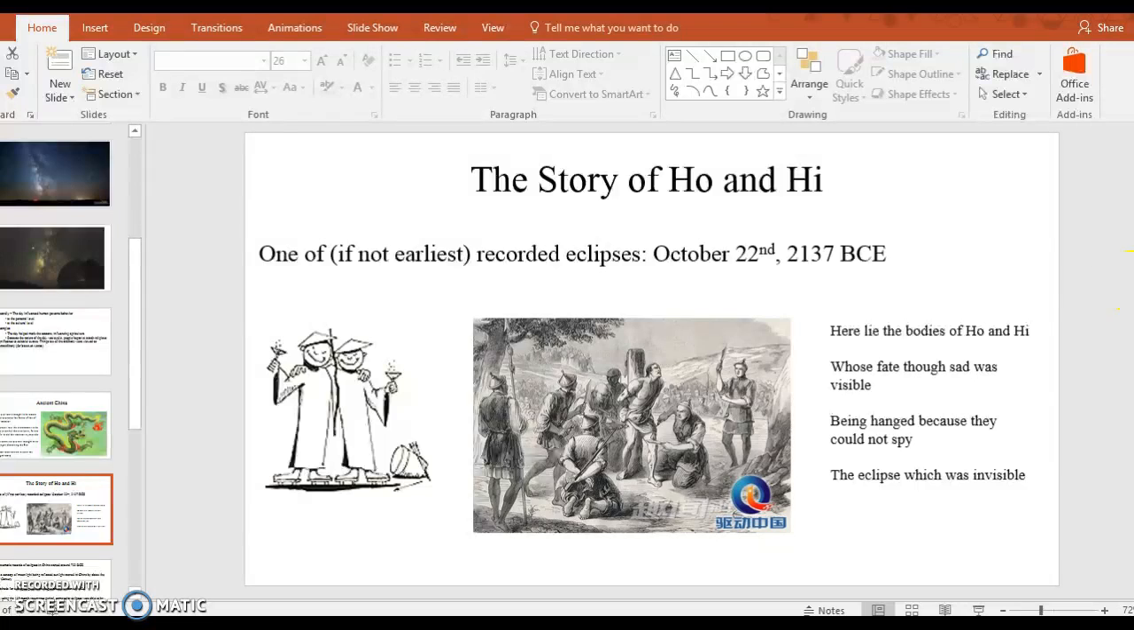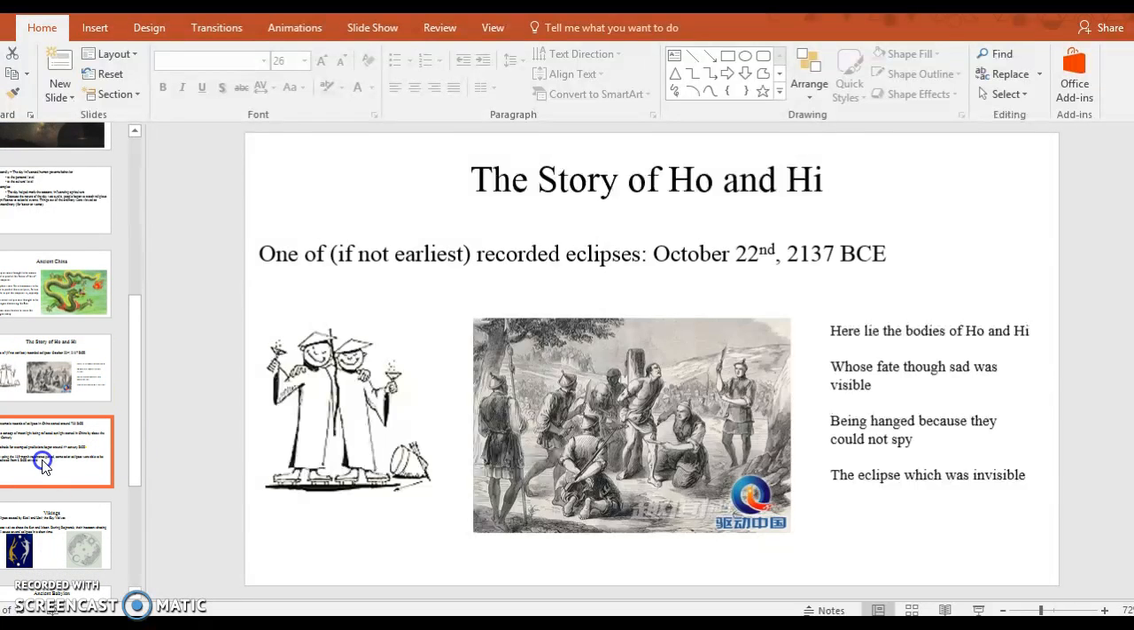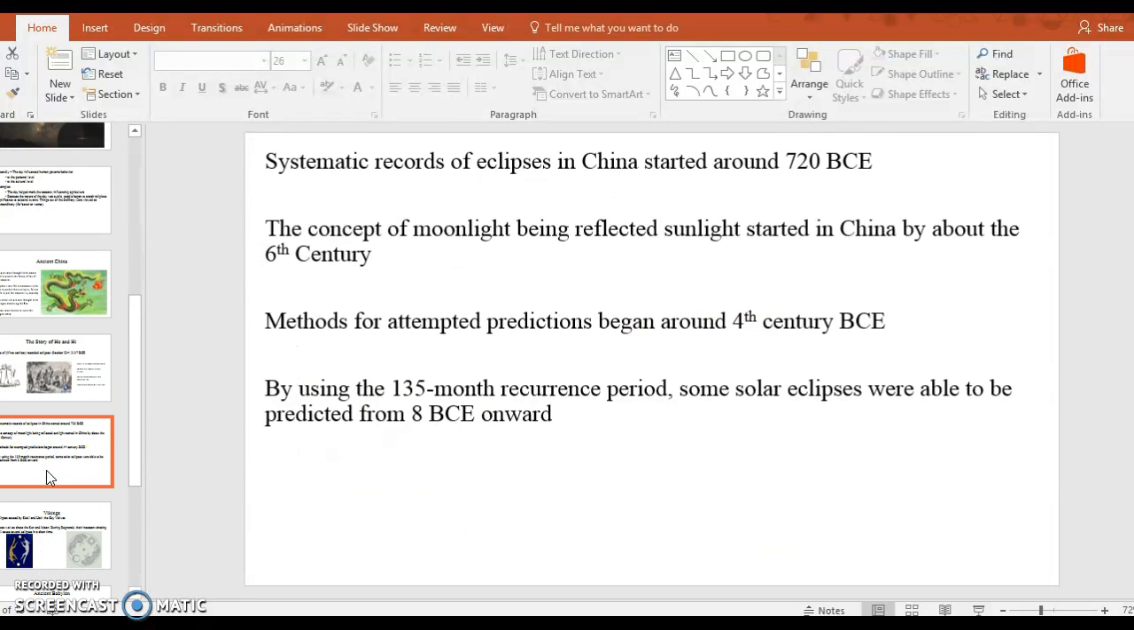But the ancient Chinese did not have the same graces that we do today. And so, because these astronomers were not able to predict the eclipse, legend has it that they were beheaded. Now, China started to actually keep systematic records of eclipses around 720 BC, and they were also one of the